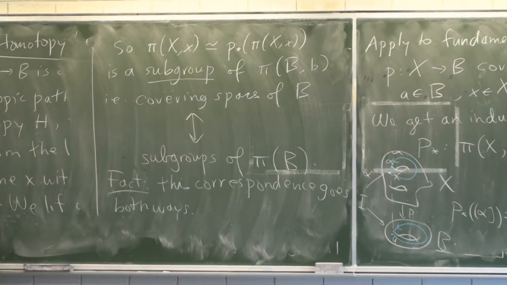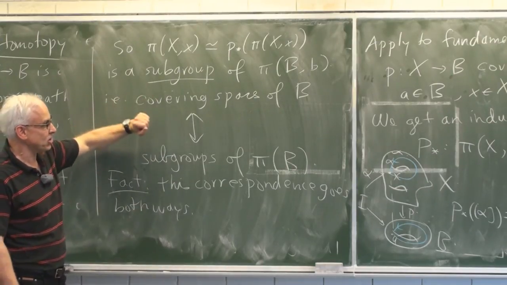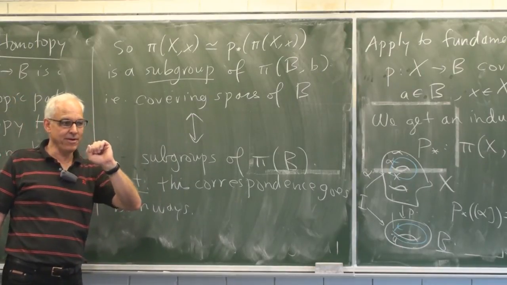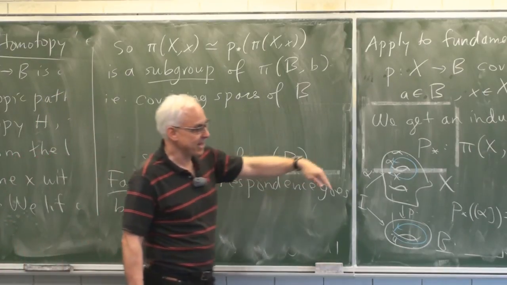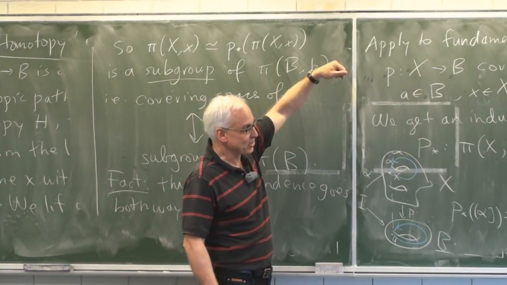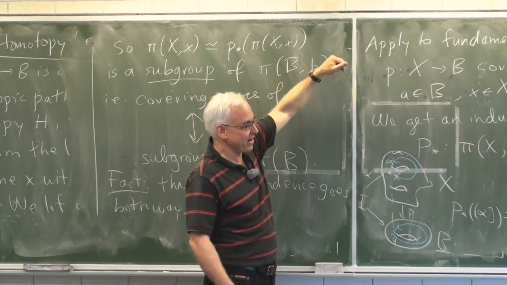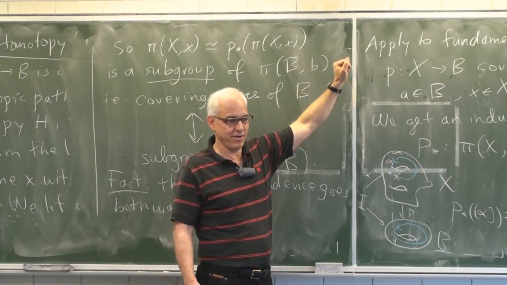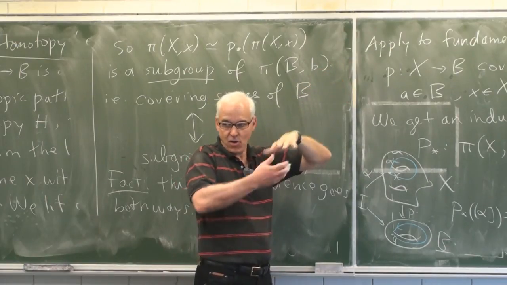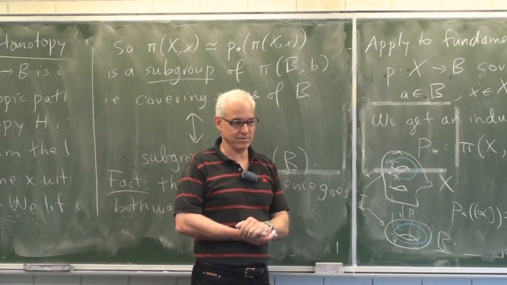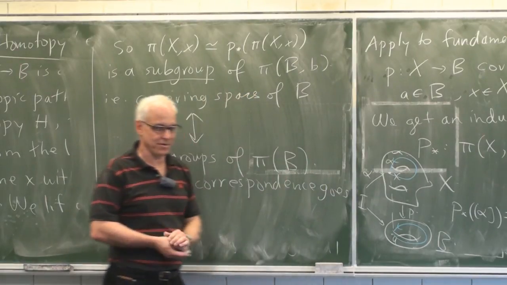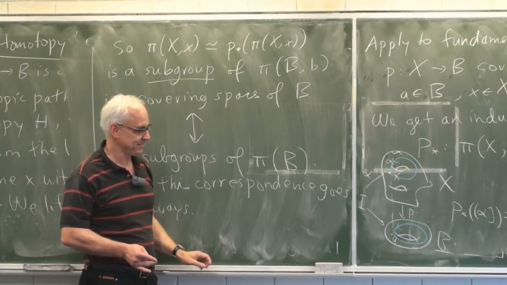So next time we'll have a look at this correspondence, and it'll turn out that the key to understanding that is to understand the covering space associated to the simplest subgroup, which is just the identity subgroup. The covering space that has essentially trivial fundamental group is called the universal cover. And once we have hold of the universal covering, then all of the other covering spaces are somehow created from it in an interesting way. All right, so we'll see you then.